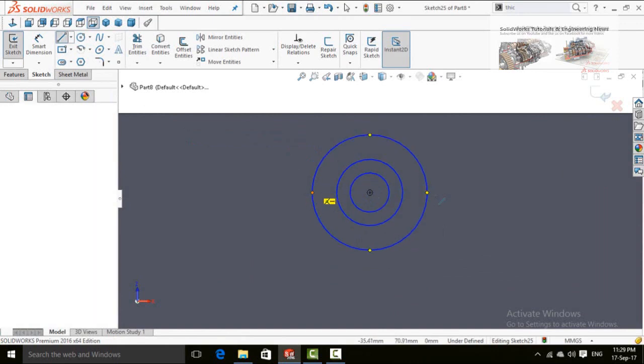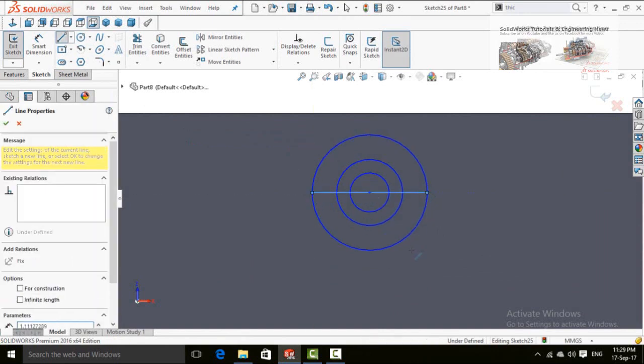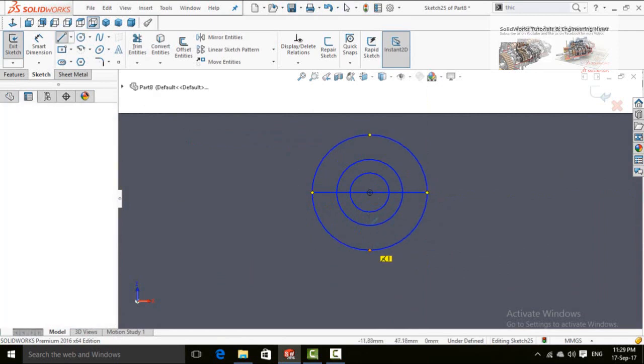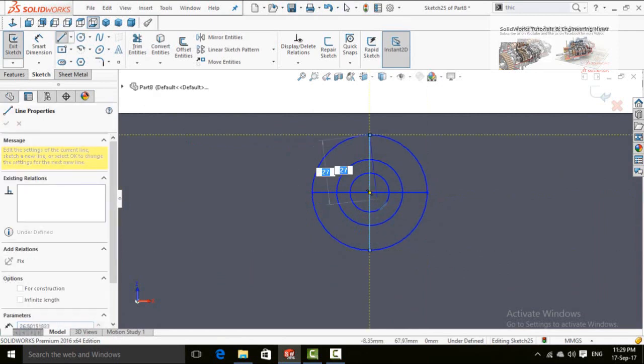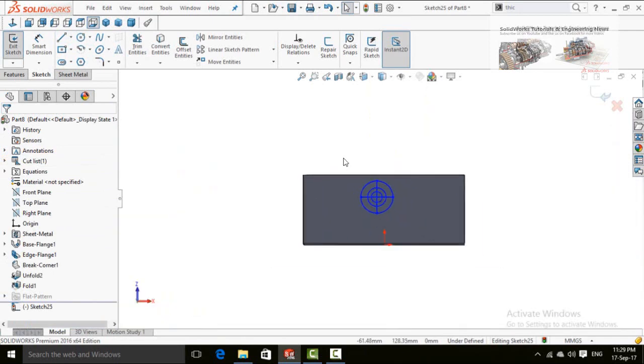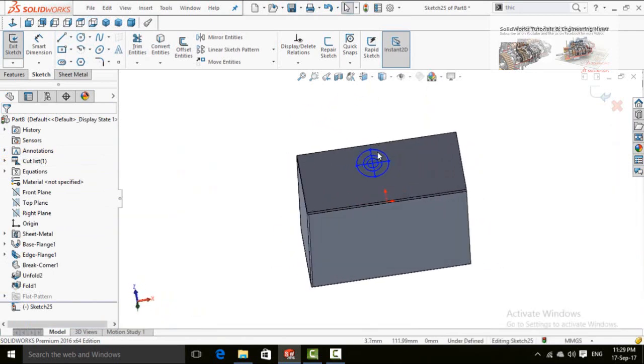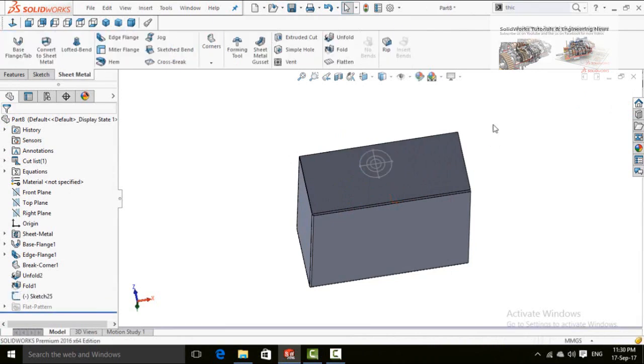Now line. As is clear from the name, it is a vent for air fans as used in power supplies of computers. So once you have completed your sketch, save and exit from the sketch.